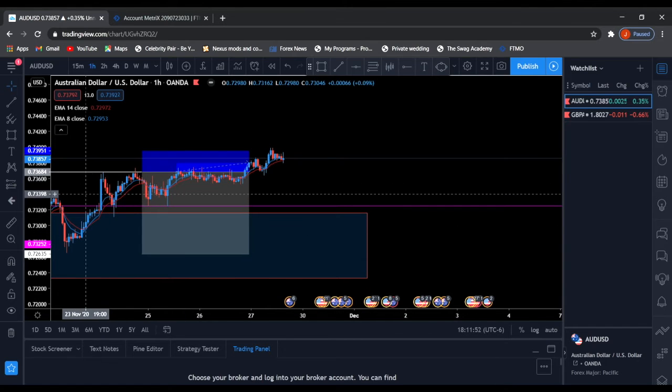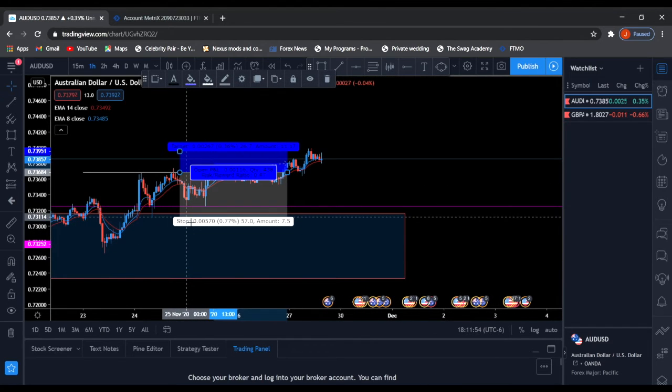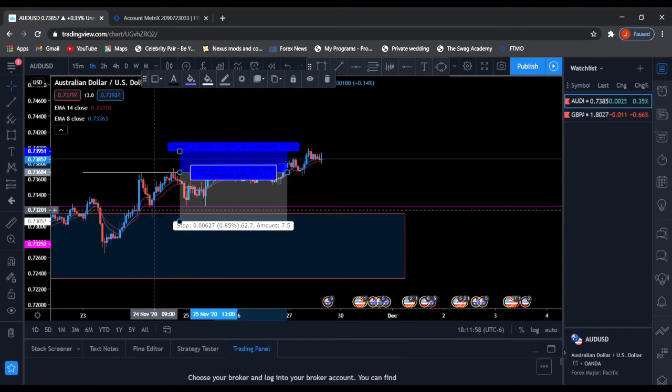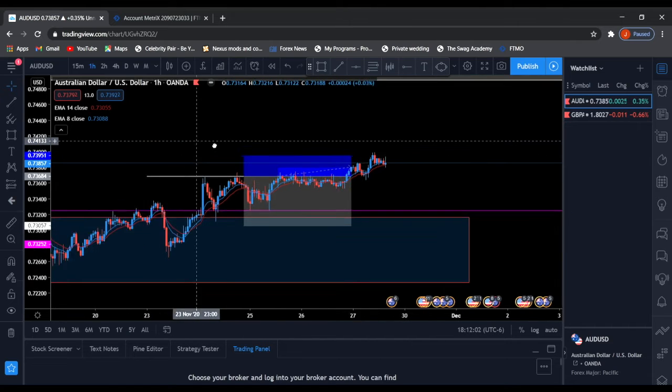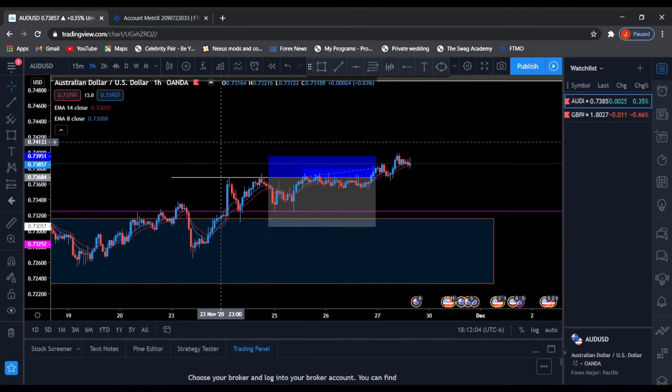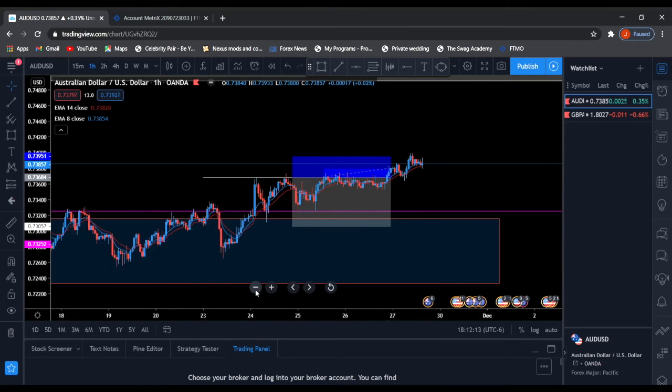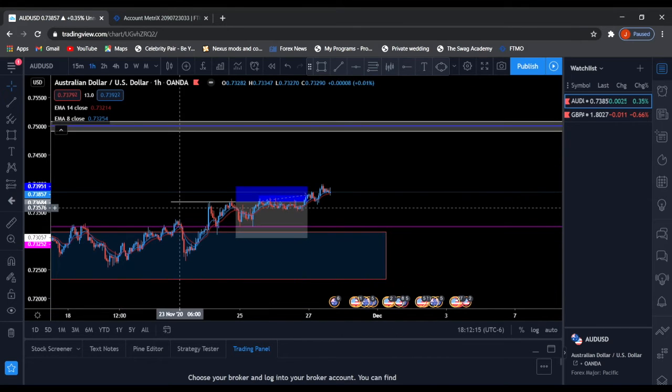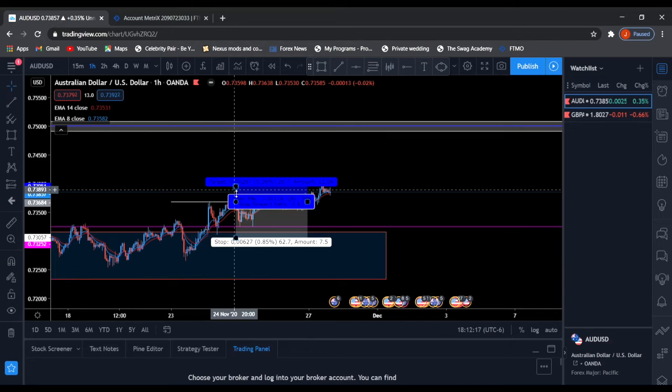I think I had my stop. No, I know it was right here. Yeah, I had my stop loss right here, below this last higher low. So like I said, you can put stop losses on higher lows and lower highs. So I had my stop loss right there, and this was my initial